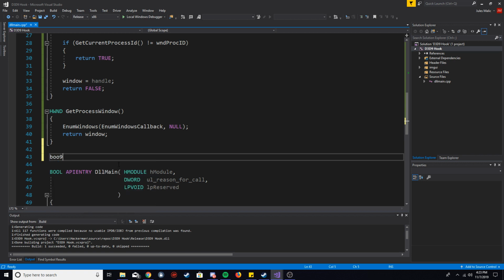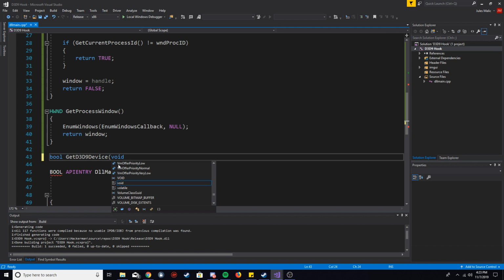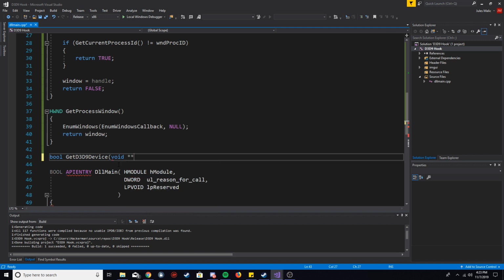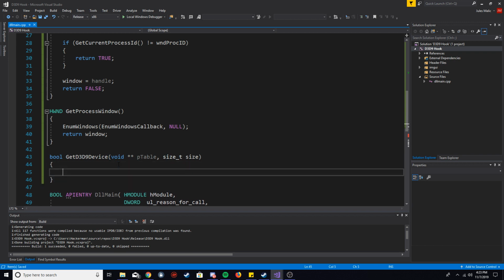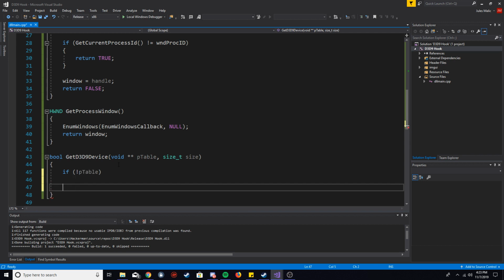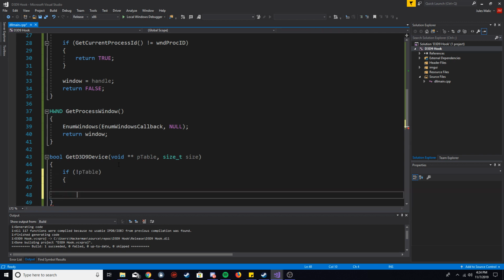So it's going to be a boolean so that we know if it worked or not, and it's going to be called get d3d9 device. Okay, so the first one is going to be a void double pointer for a VTable, and then size, the size that we want. Okay, so first thing we need to do is check if this is valid. So if it's not, I'm just going to say